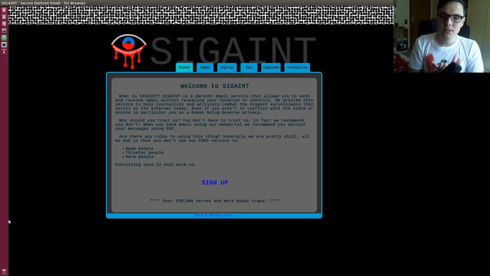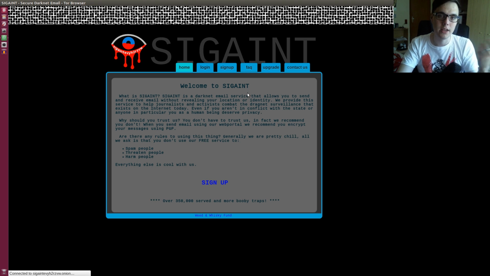You can encrypt your messages using PGP if you have really sensitive stuff like whistleblowing stuff and all that and whatnot. Yeah, that's basically it. You can send emails via the deep web in a secure manner. We will be looking at the FAQ.